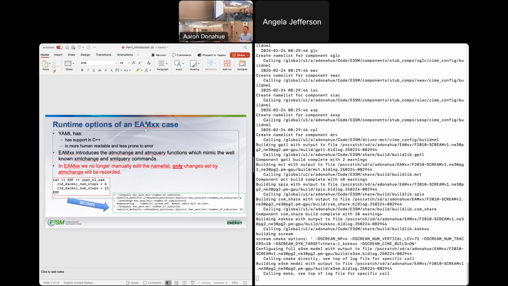Another important, oh yes, go for it, Rob. If I did edit the name list and did something dumb, what would happen at runtime? So actually, I'll give you two answers. One, manually editing the name list is no longer allowed, right? Oh yeah, I have to repeat the question. So Rob's question was, if I manually edit the name list and do something like this left-hand example, what will happen? So the two answers are, one, and probably the most important, is you no longer can edit the name